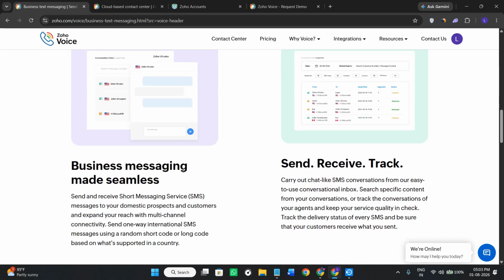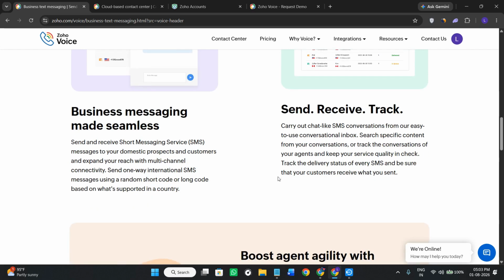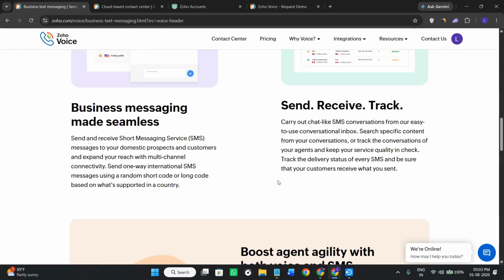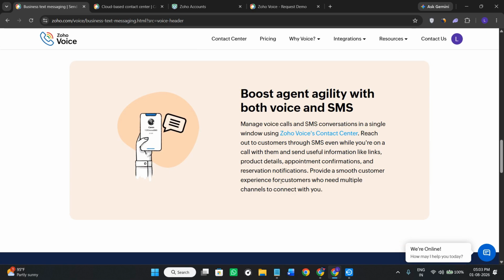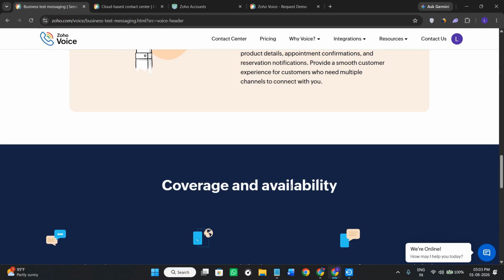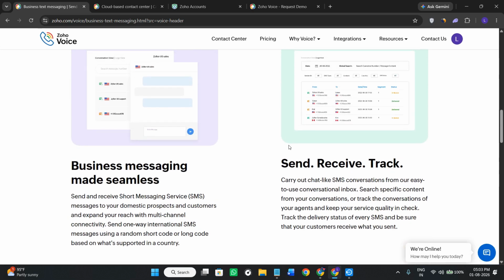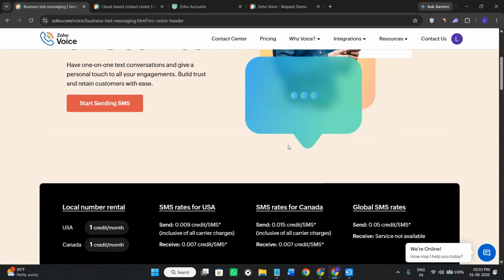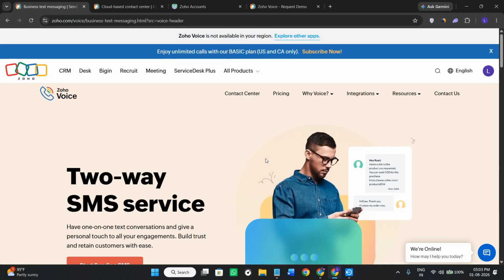Now, the next feature that I would like to mention is CRM integration, which is one of Zoho Voice's strongest advantages. So if you are already using Zoho CRM or Zoho Desk, you can make and receive the calls directly from those applications. So whenever a customer calls, their information can automatically appear on your screen. The call history is also attached to the customer's profile. That makes it easier for you to review the previous conversation. So this is going to save a lot of time because you don't need to switch between multiple applications while